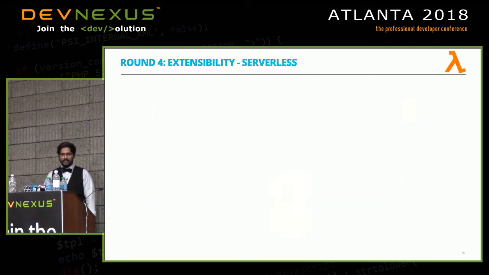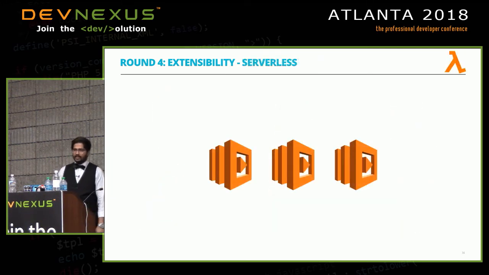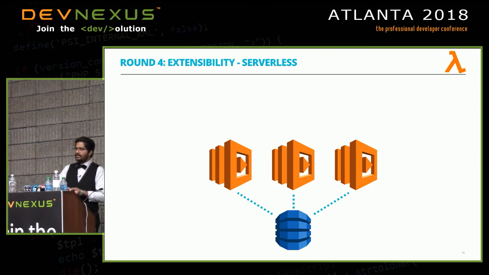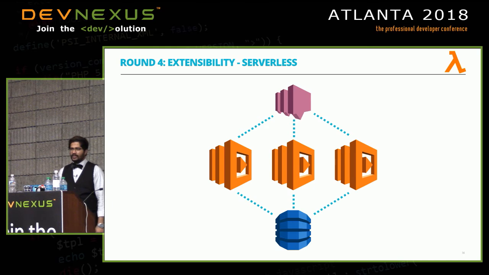Now, if I'm trying to do the same thing on serverless, you'll have a bunch of Lambdas which are using a database that is not really something we've spun up. In our case we use DynamoDB, which is a backend as a service offering provided by AWS. We are also using SNS, which is a message distribution service, kind of like MQs.